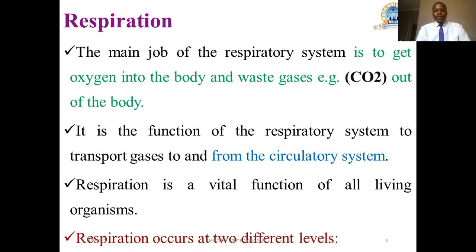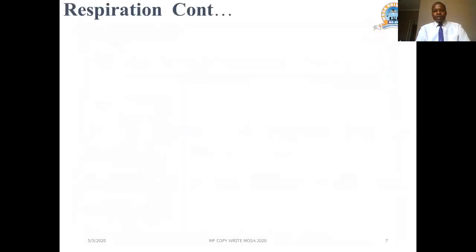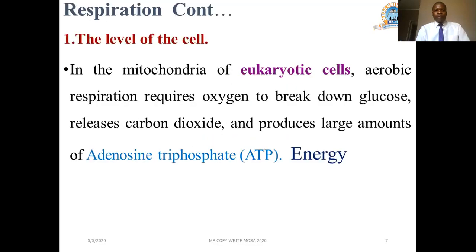Respiration occurs at two different levels. The first level is the cellular level. In the mitochondria of eukaryotic cells, aerobic respiration requires oxygen to break down glucose, release carbon dioxide, and produce